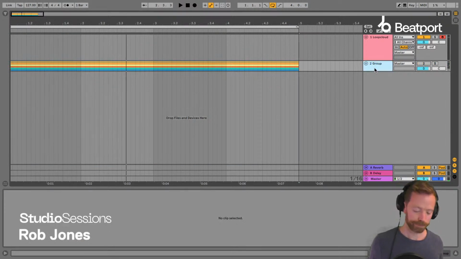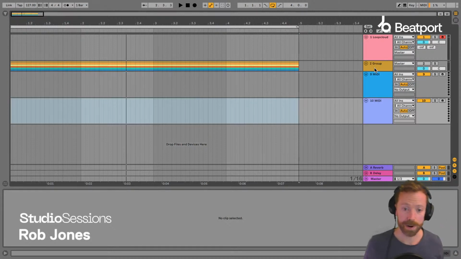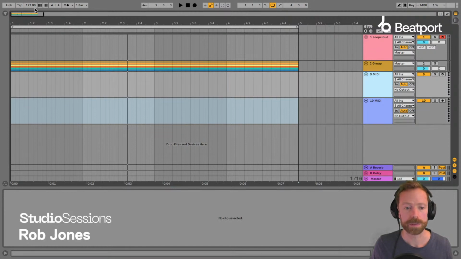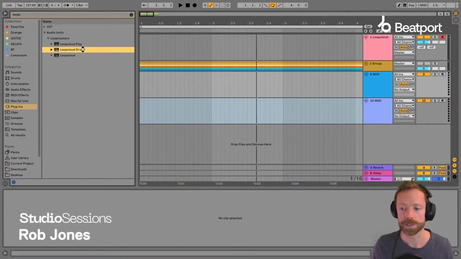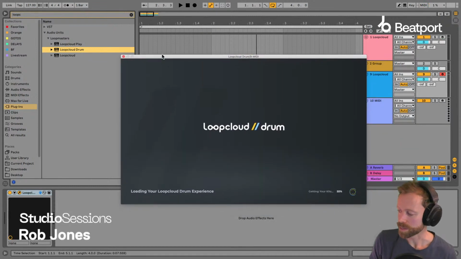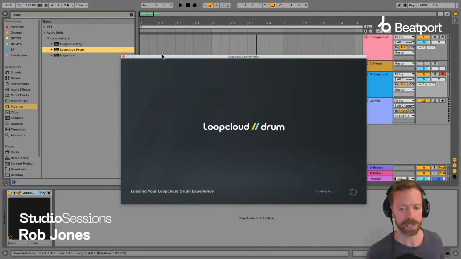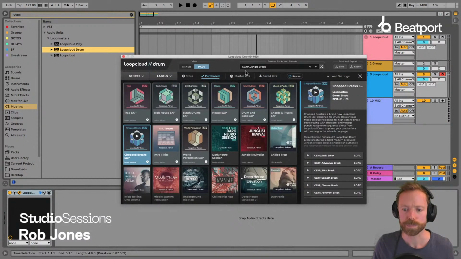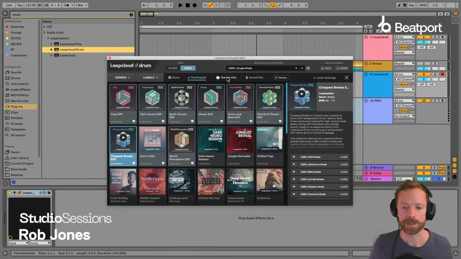Now I'm going to create a couple of new MIDI tracks and add Loopcloud Drum just to show you how easy and amazing this is. And the cool thing with the latest update, which came literally just after the version 6 release, was a massive boost to the amount of one-shots that you get now with Loopcloud Drum. So if I go to the purchase tab here,